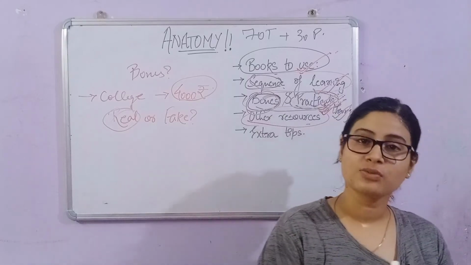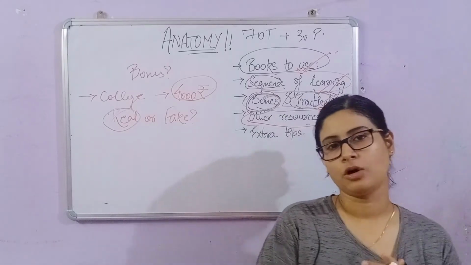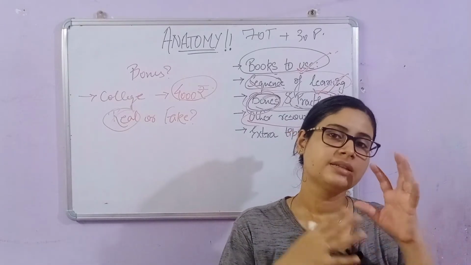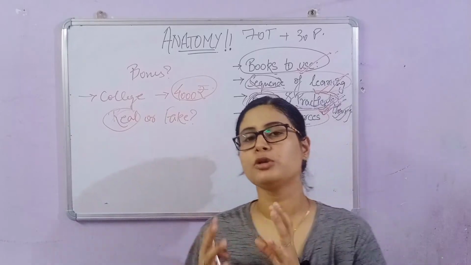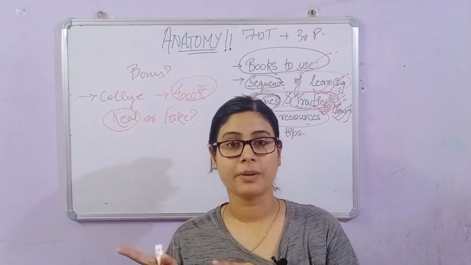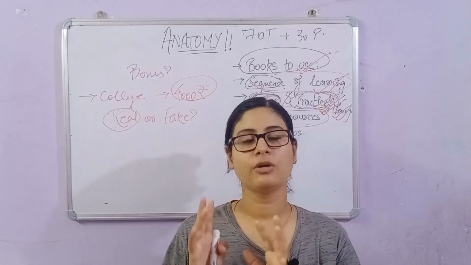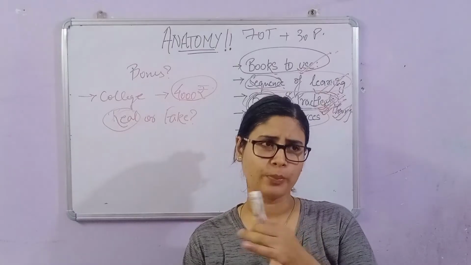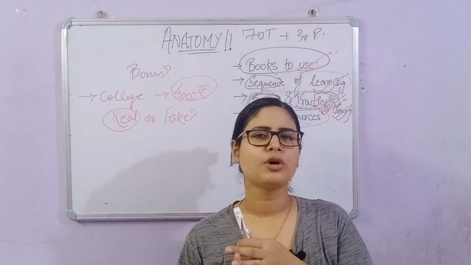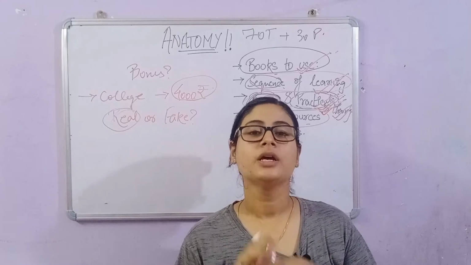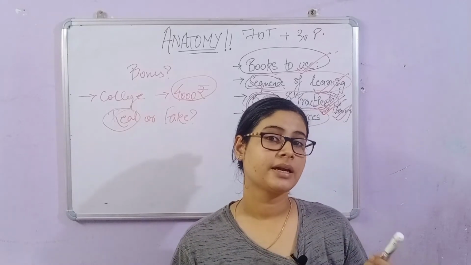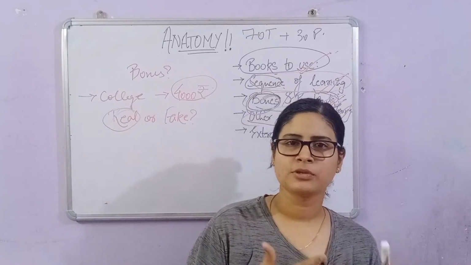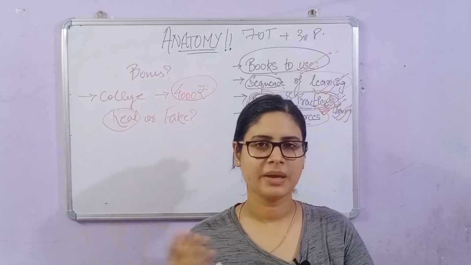Also, there is one more system which was not available in my college, that is issuing the bones. When you issue books from a library, the same thing can happen for bones also. You can go to the anatomy department or your department and issue bones for a particular period of time. And another thing is, if you want to buy it online, I hope there will be bone sets on Amazon or Flipkart. I don't have any idea about it. So you can check on Instagram or on any of the social platforms like Amazon, Flipkart, or Insta also. Maybe it is there, you can check it out.